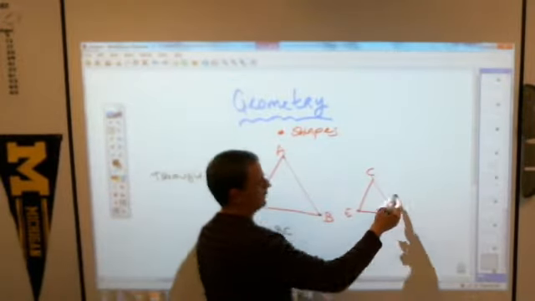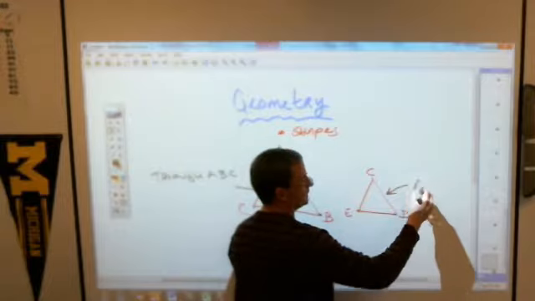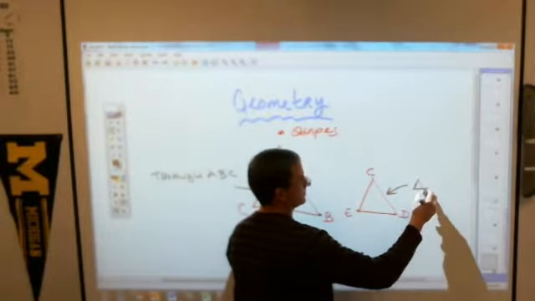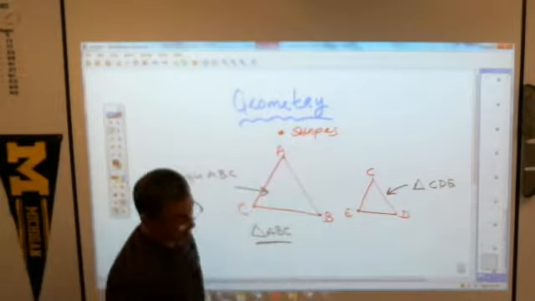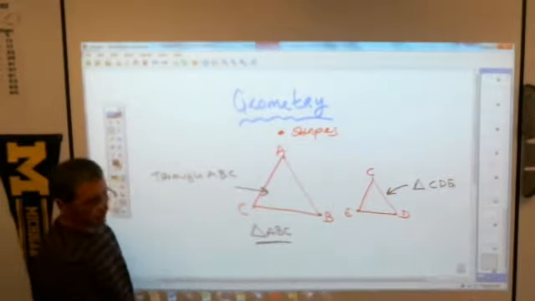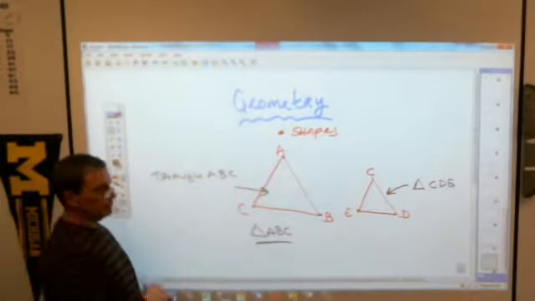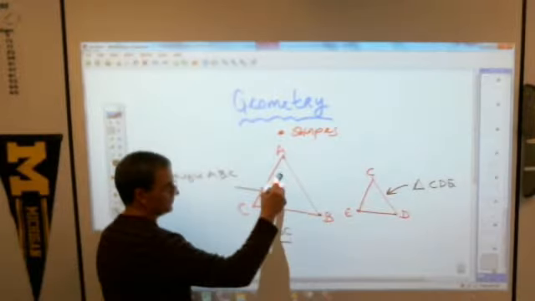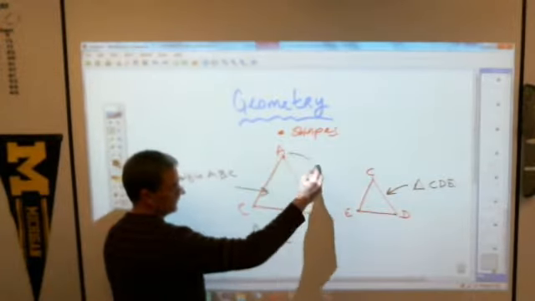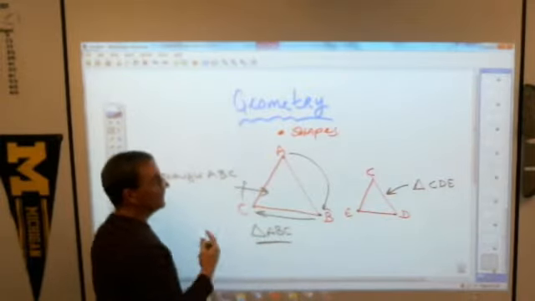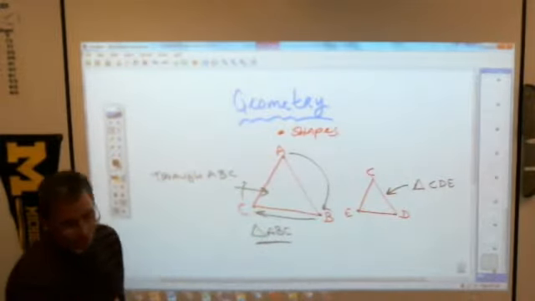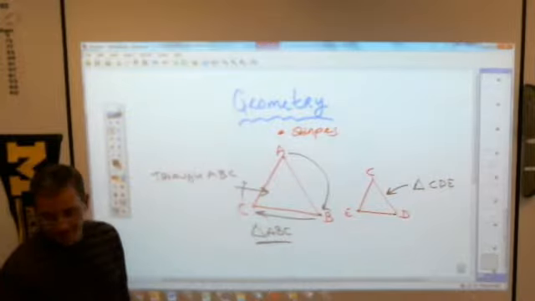Same thing here. If we were labeling this, we would call it triangle CBE. And it doesn't matter what letter you actually start with, but you do want to go in some sort of order, like A to B to C, there. And it doesn't matter with triangle, because in a triangle you can't really get the letters out of